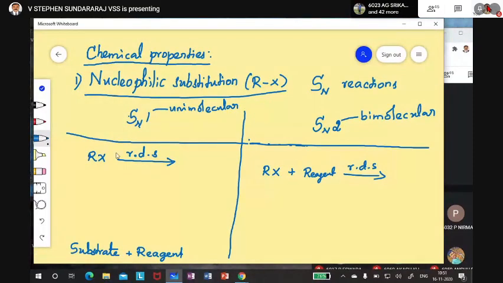Now, rate determining step, only one species involved. Right. Here now this is the thing you understand. And now one more shortcut, but after that I will explain. This is point number 1. And point number 2, you remember that one in shortcut because you should remember some shortcut also. If it is unimolecular, that reaction will take place in 2 steps. Maybe you remember opposite. SN2 reaction will take place in 1 step.